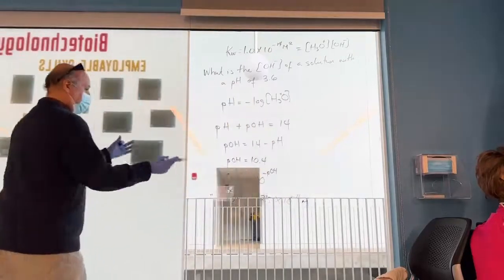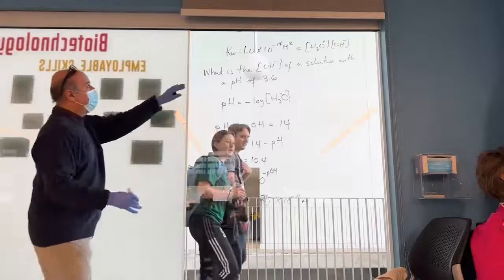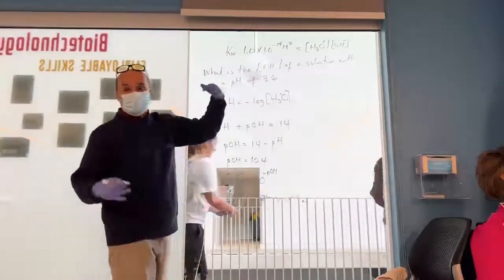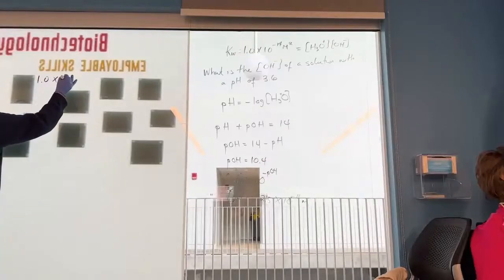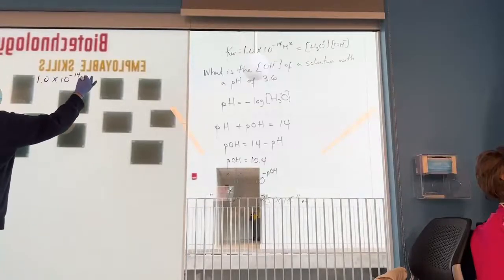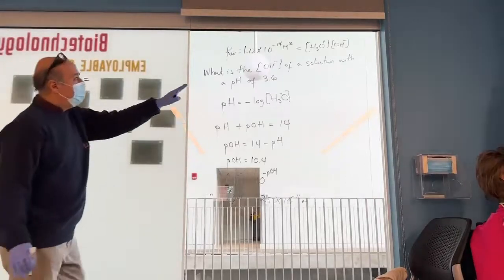Now let's check it out. Let's see if that is in fact the answer. So how else can we answer that question? Well, we know that the Kw is always equal to 1.0 times 10 to the negative 14. It's a constant. So I'm going to put 1.0 times 10 to the negative 14 equals the concentration of hydronium,